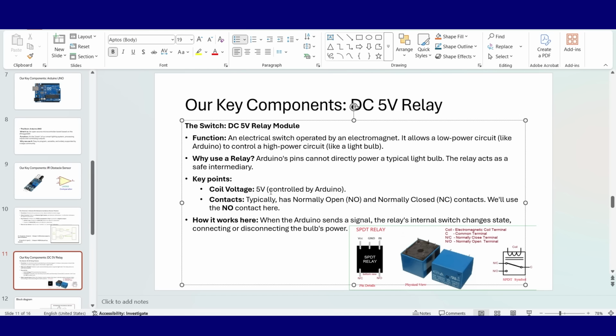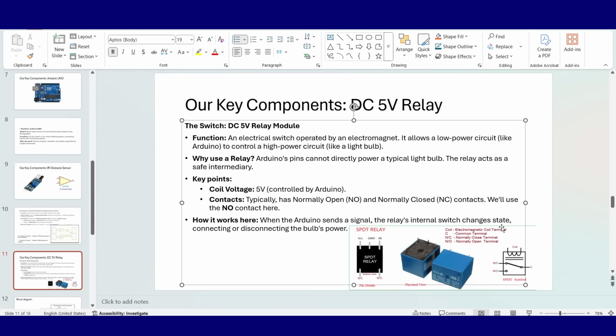One is normally open and the other one is normally closed contacts. So we can connect our bulb either to the NO contact or the NC contact. When the Arduino signal is sent to this relay, the relay internally switches the state, connecting or